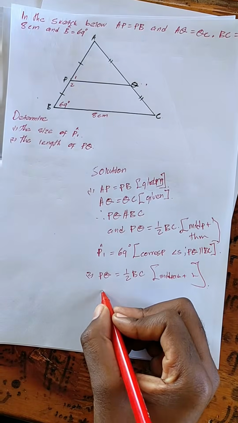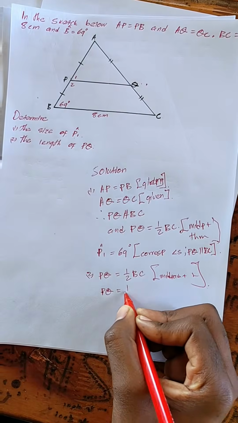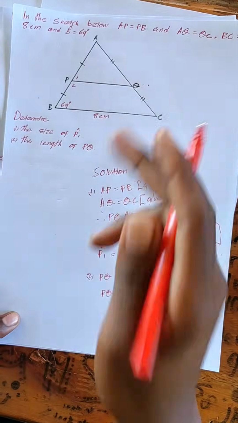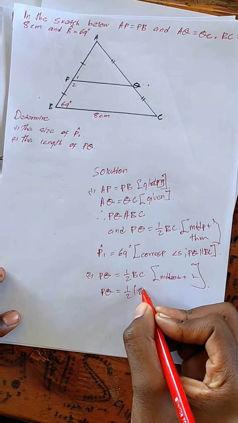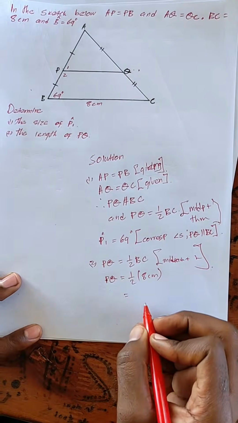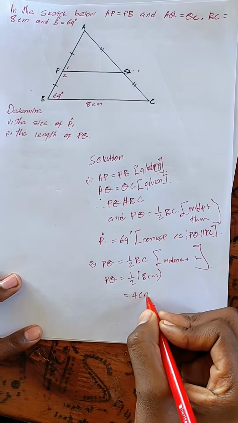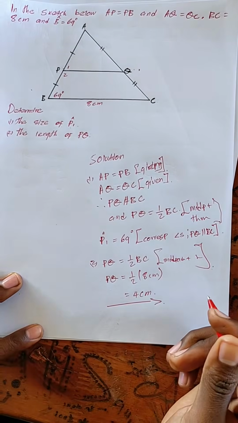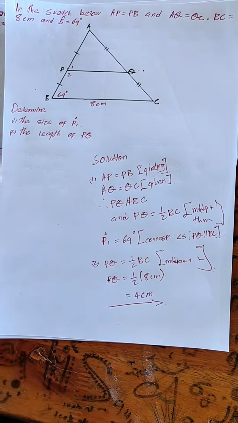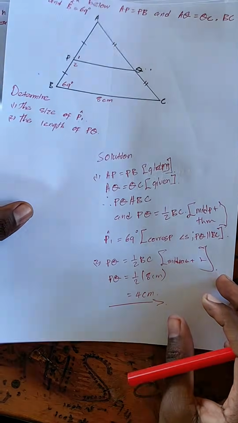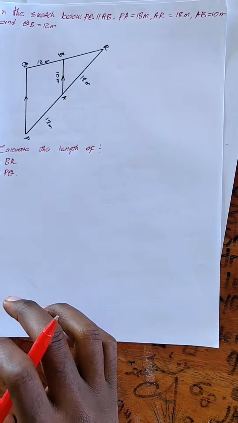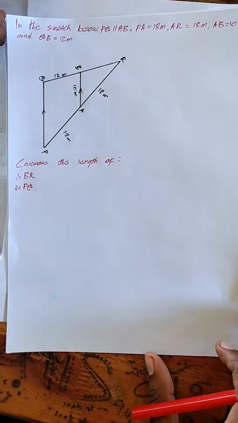So we'll have that PQ equals half the length of BC. What is BC? BC is actually 8 centimeters. What is half of 8 centimeters? It's actually 4 centimeters. So that is the length of PQ using the midpoint theorem. So let's go through the second example and check